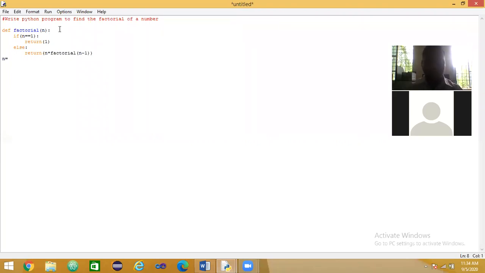Here n is equal to int of input, "Enter a number to find factorial".